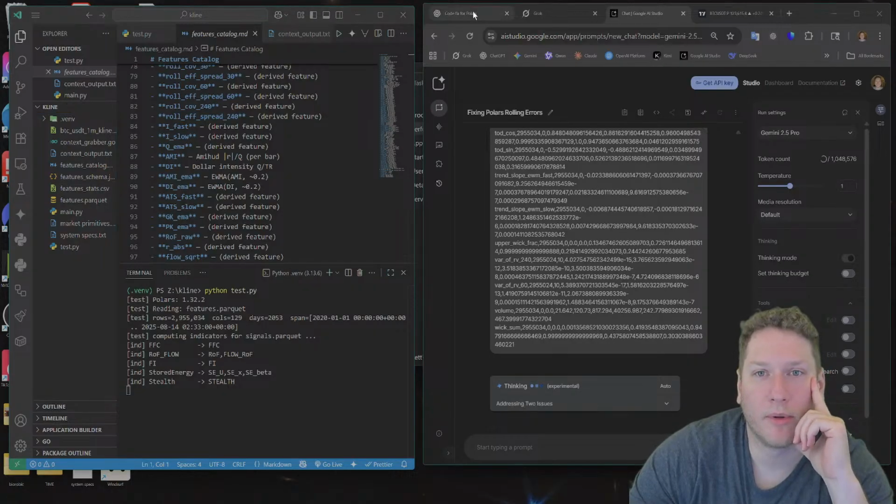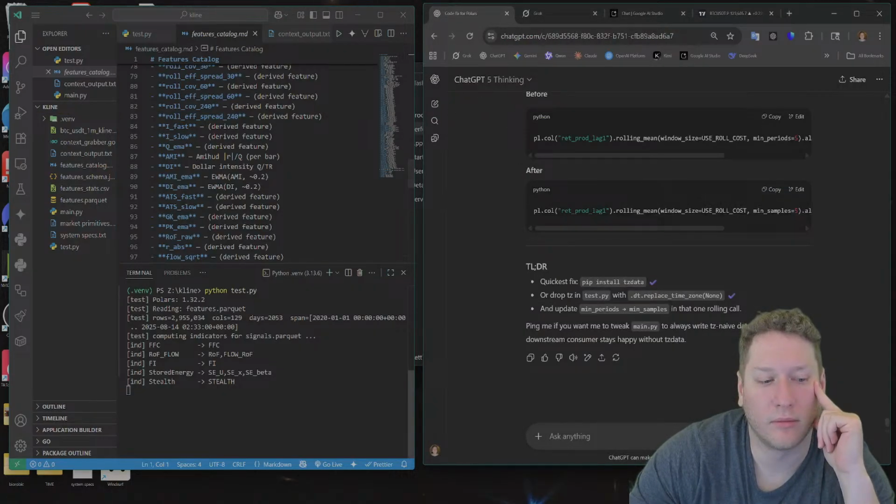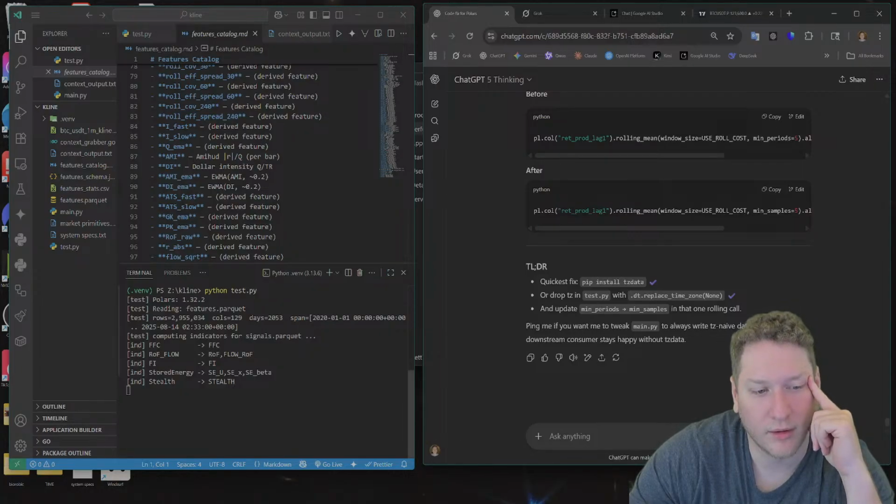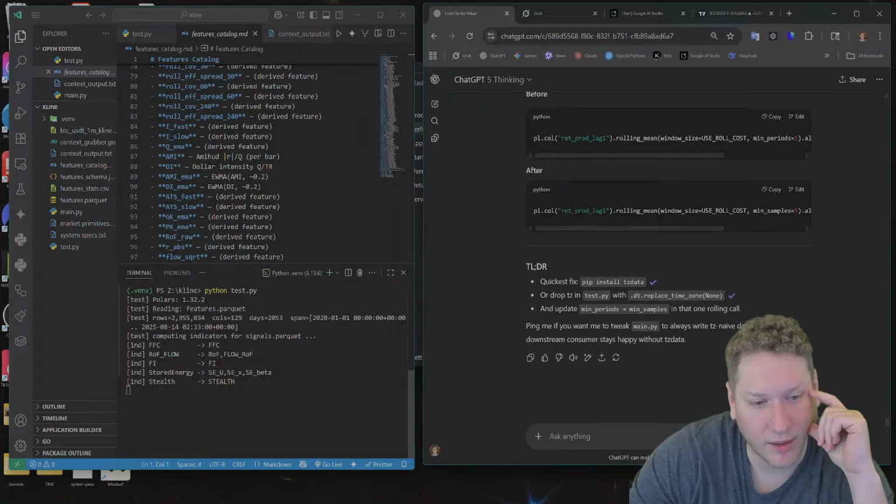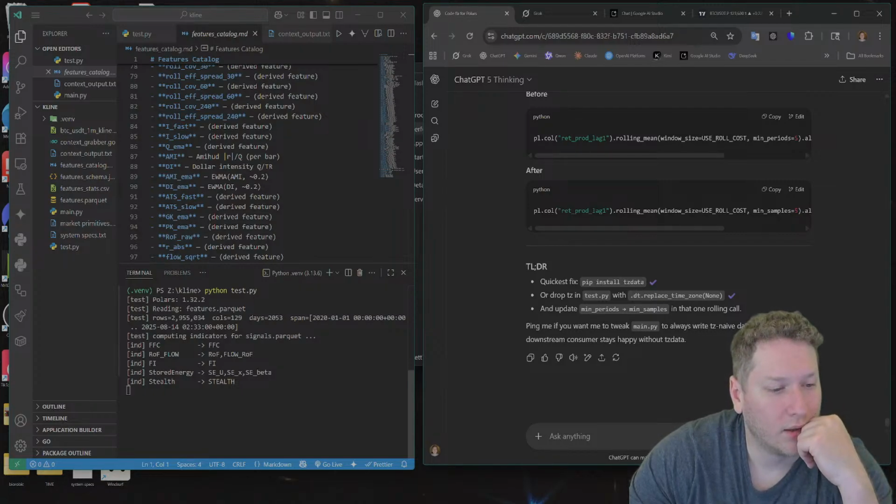What do you think, Gemini? So I don't know how long I have to sit here for this. 2.9 million rows of data, 2,000 days. Computing indicators, signals.